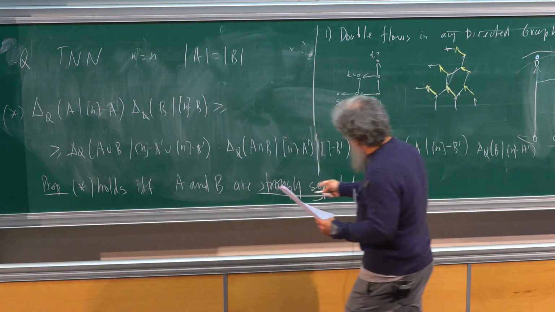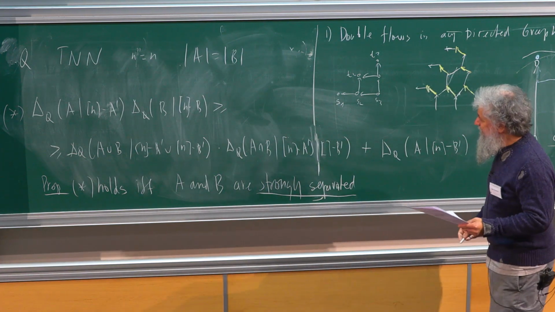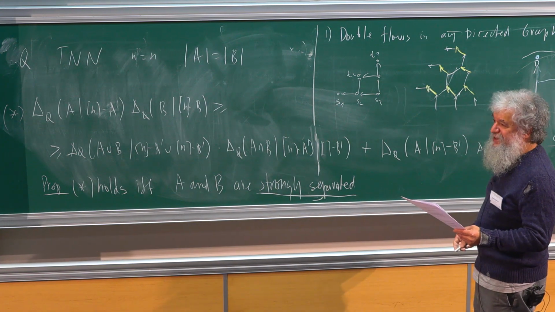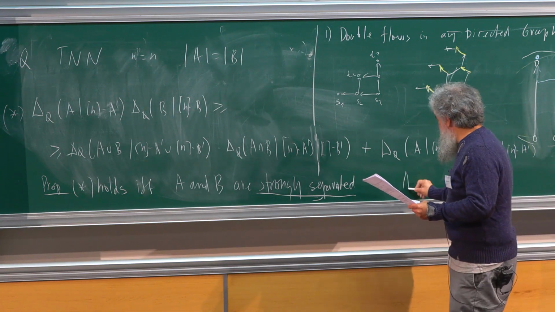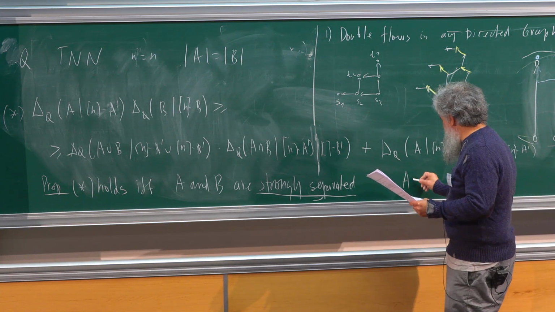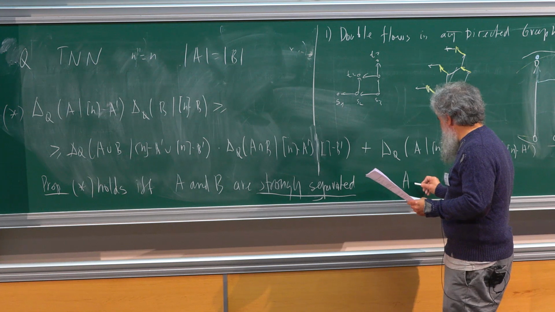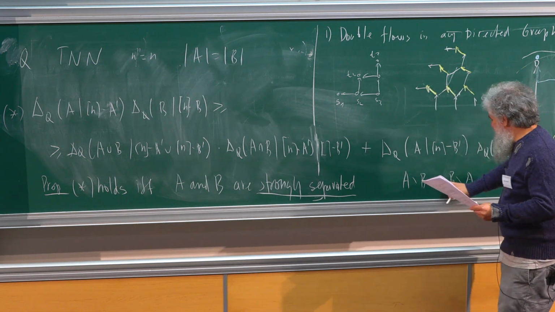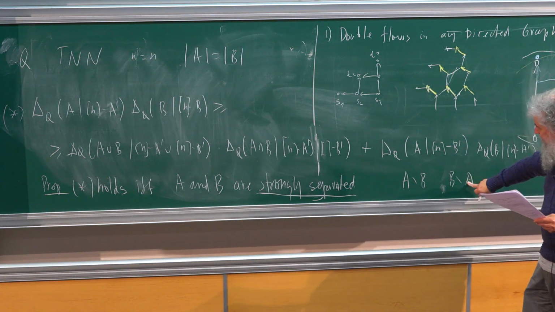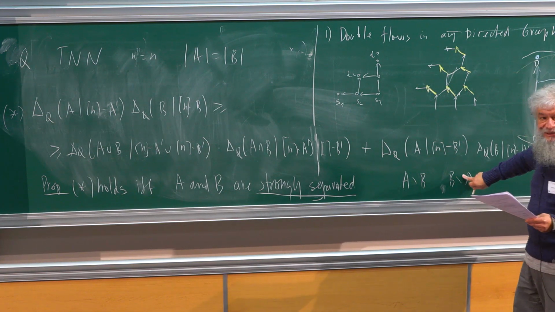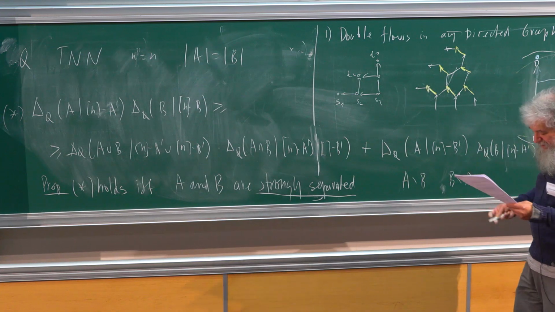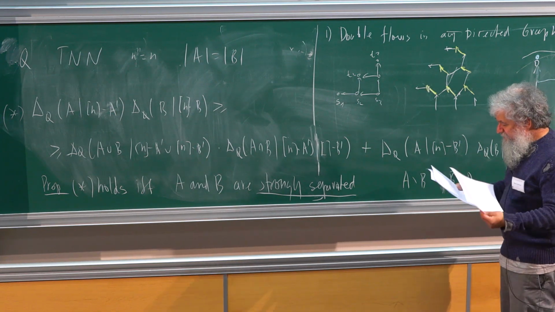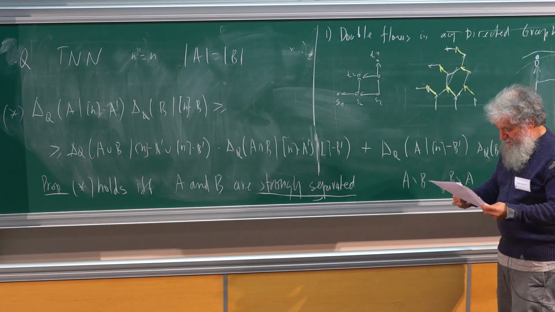This notion of strong separation was invented by Leclerc and Zelevinsky. Two sets are strongly separated if you consider A minus B and B minus A, and either this set is below this set, or this set is below this set. And also,